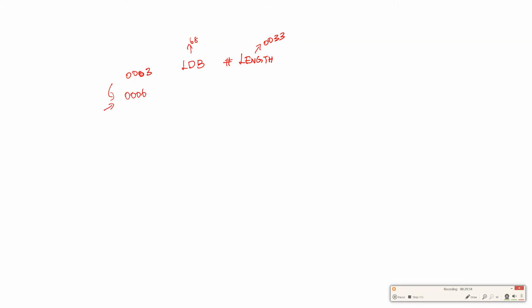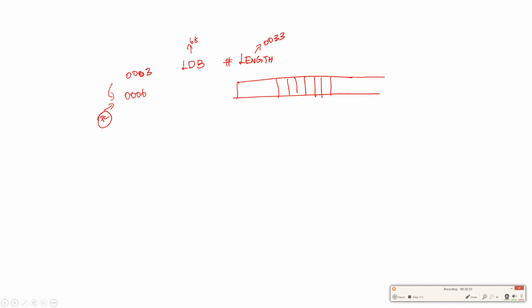So we should know the program counter value always. So yeah, we'll start now. When I write this instruction, it will be NIXBPE.